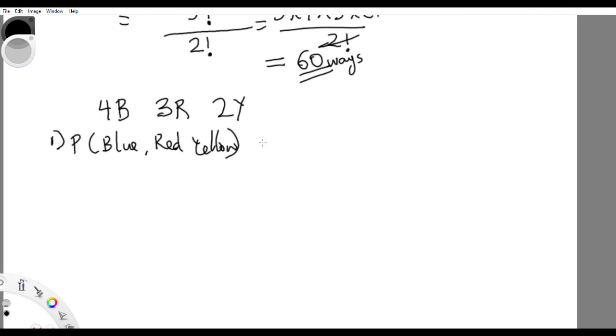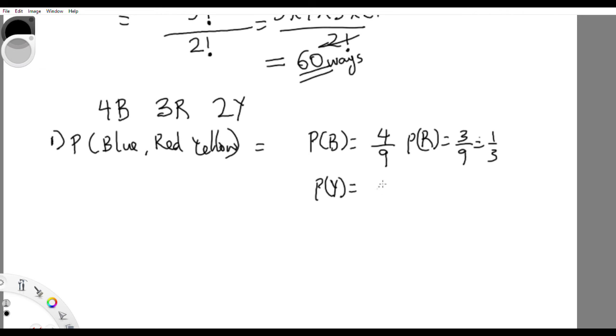Now remember, probability, firstly, what's the probability of picking blue? That's 4 out of 9. Probability of picking red, that's 3 out of 9. It's still the same as 1 over 3. And the probability of picking yellow is